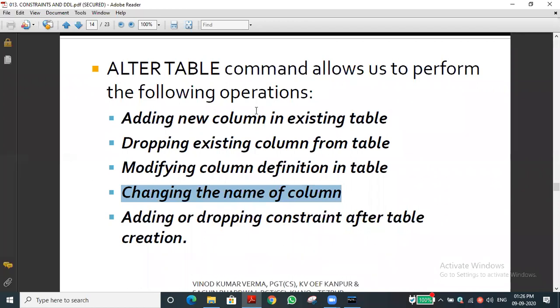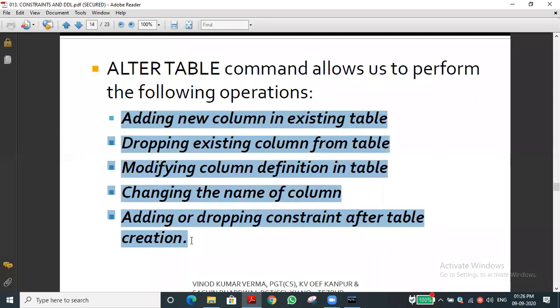These are all the things we are going to discuss one by one. Side by side, while we are implementing, we will discuss all the constraints. So far six constraints are there. One constraint we have seen, that is the primary key constraint. The remaining five constraints, I will teach you how to do them with the table.